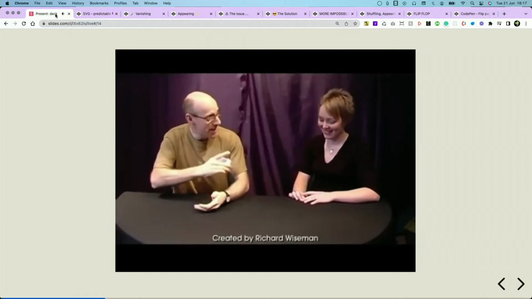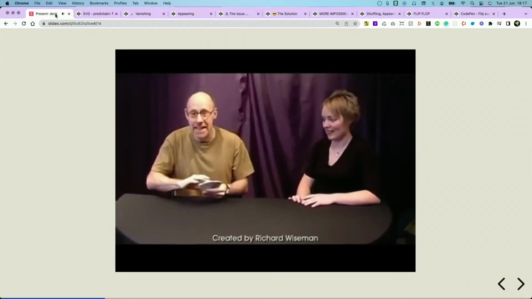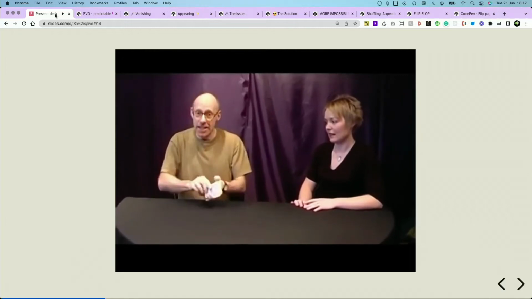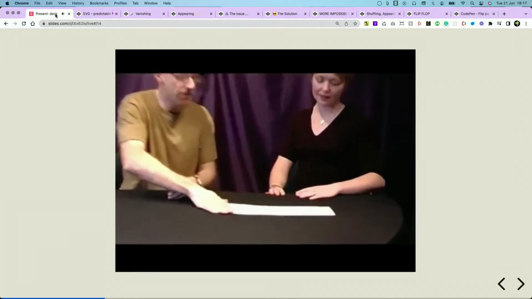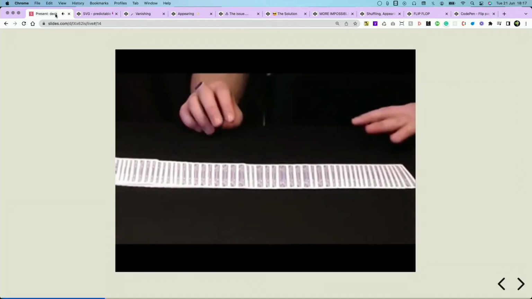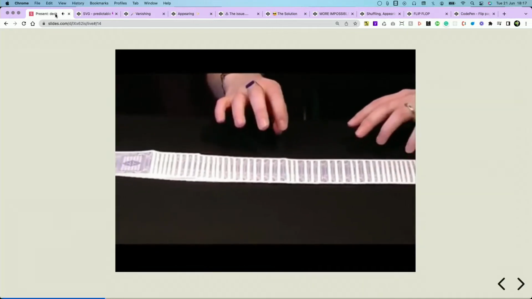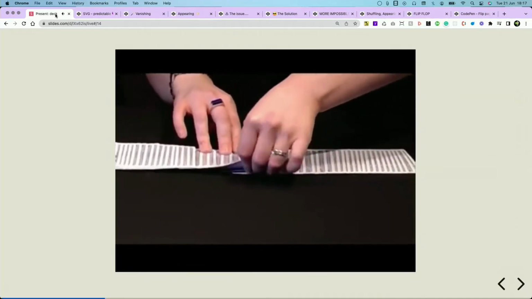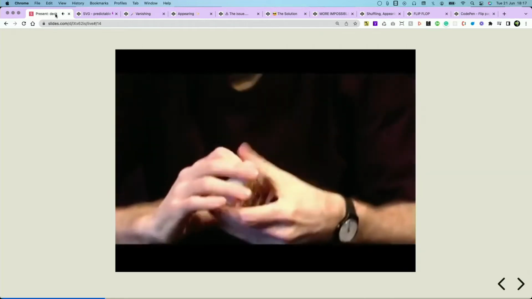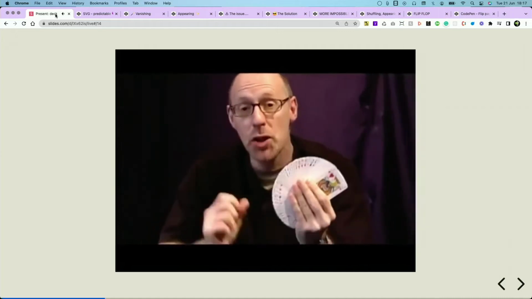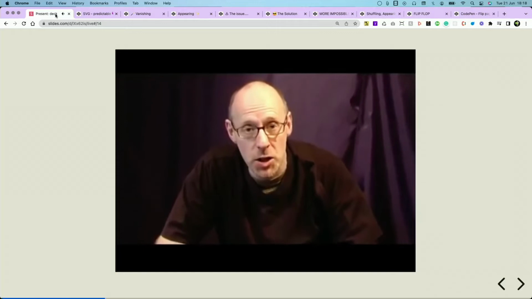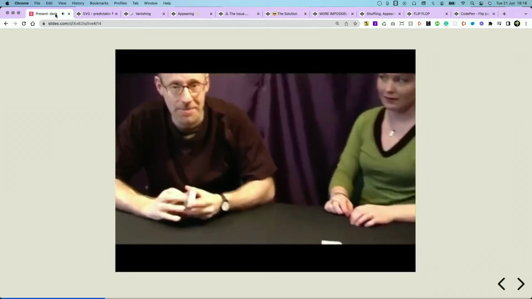Hi, I'm Richard, this is Sarah, and we're going to perform the amazing colour-changing card trick with this blue-backed deck of cards. Now, the idea is very simple. I'm just going to spread the cards in front of Sarah and ask her to push any card towards the camera. Right, okay, let's see. I'm going to go for this card here. Okay. Now, Sarah could have selected any card at all from the deck, but she selected the card which is now face down on the table. And what I'm going to ask her to do is show us which card she selected.